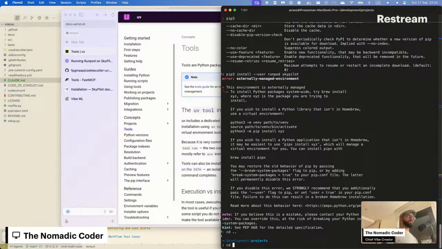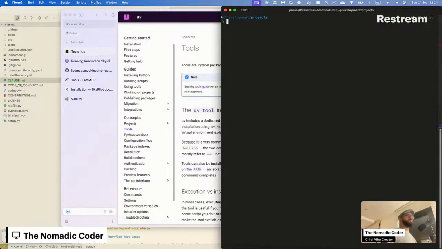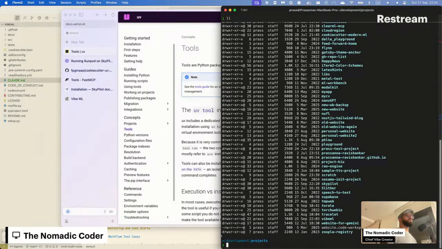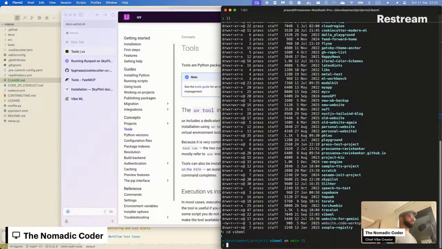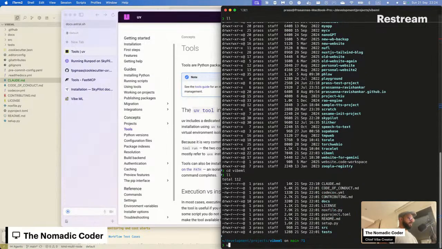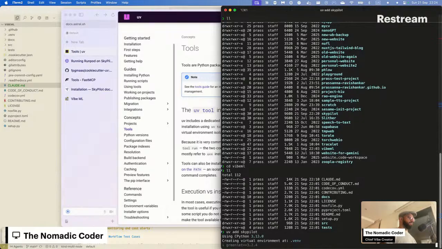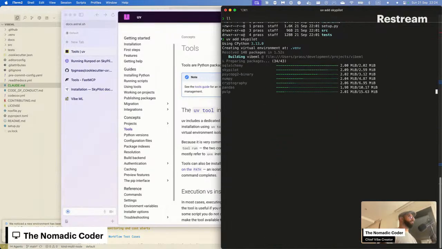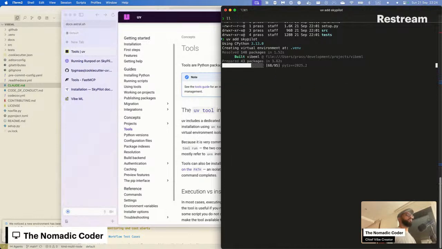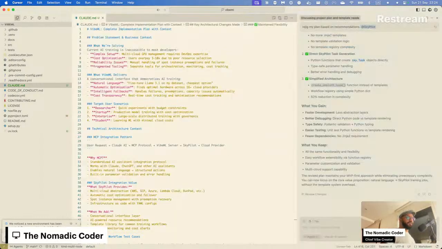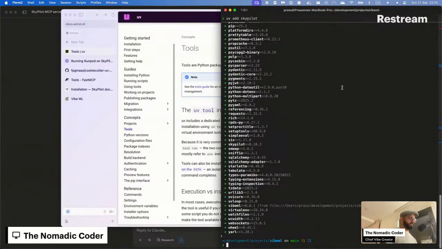Where was I going? Meanwhile, let me update my Cursor. This is why you shouldn't code on a Sunday night. You should just chill on a Sunday night.